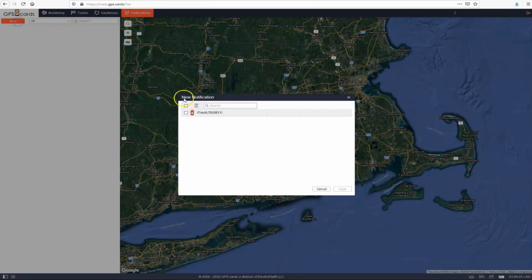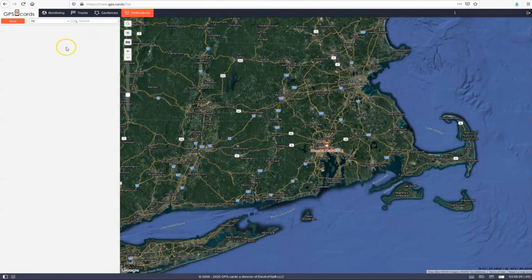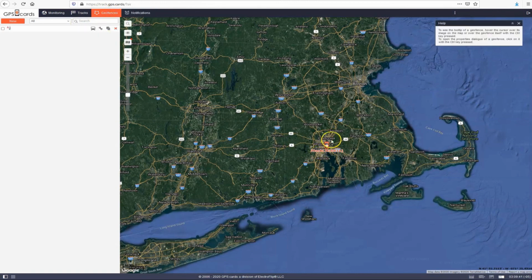You will have to recreate these notifications and either set up the low battery alerts or movement detection alerts, and geofences respective to where this particular sub-user should have geofences configured. Of course, when you set up a geofence, you also want to create the enter and exit notifications for those geofences. And so that is how you configure sub-users. This is just one user. You can configure as many users as you'd like, again, depending on the service that you have selected and signed up for.